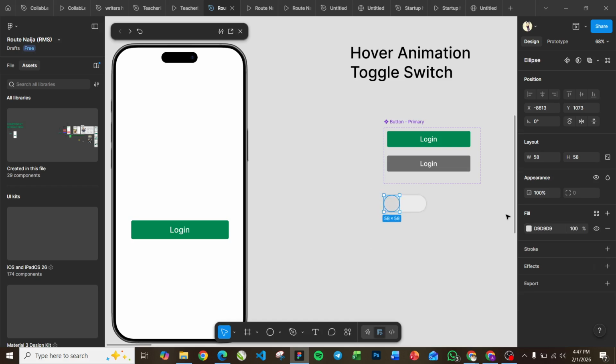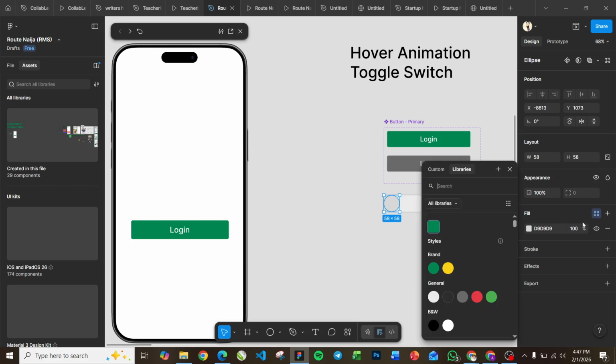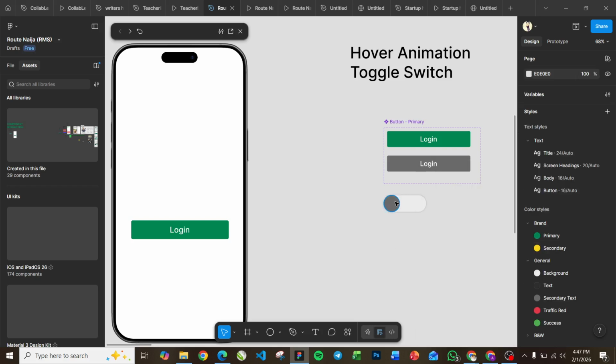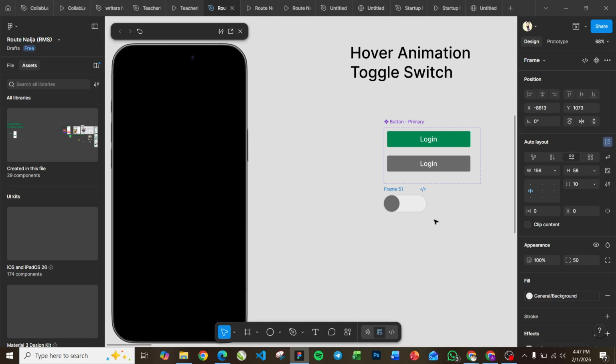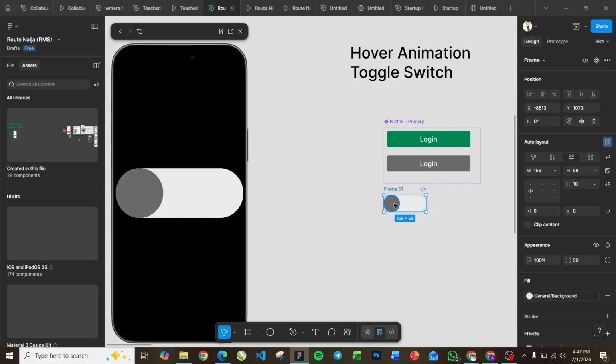Okay, right there, and then I will add a darker gray here. So I'm going to come here and add another gray color there. Okay, now the text is optional. All right, I don't want to add the text here. So what I'm going to do is highlight this and then apply auto layout. Okay, auto layout. You can use Shift A, or you can just use that to apply auto layout on your